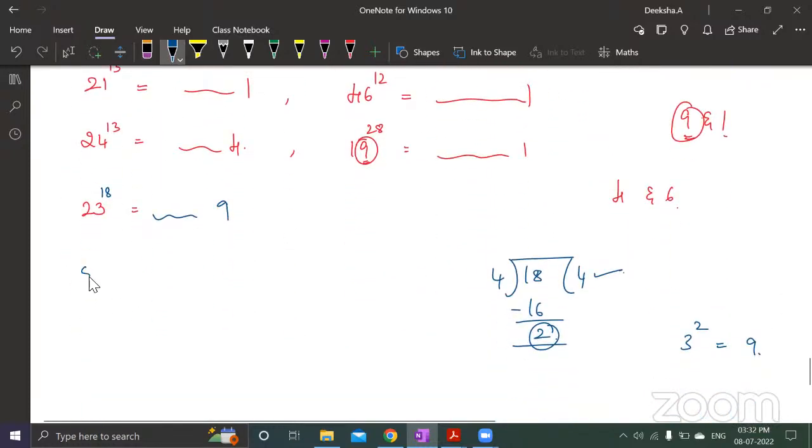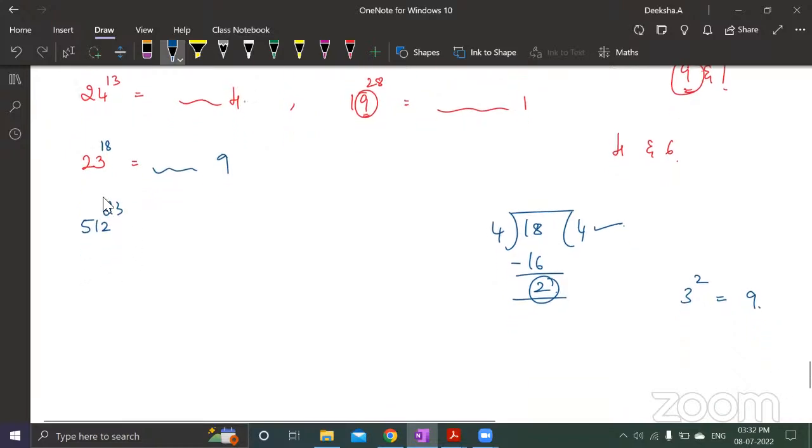Suppose you have 512 to the power 23. Now what you have to do: the base is ending with 2. You know there are 4 last digits. So for 23, you divide by 4 and find the remainder. The remainder of 23 by 4 is, 4 5s are 20, remainder is 3. If it is 3, it means you need to consider the third last digit in